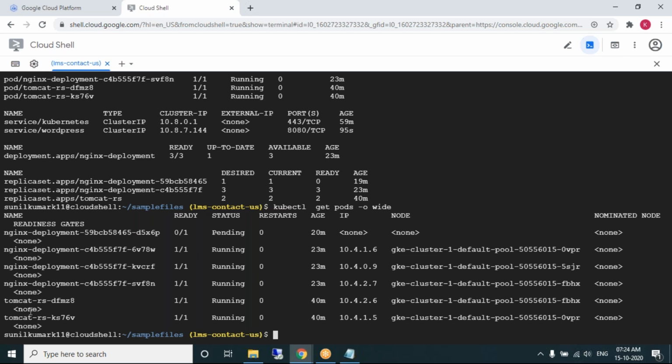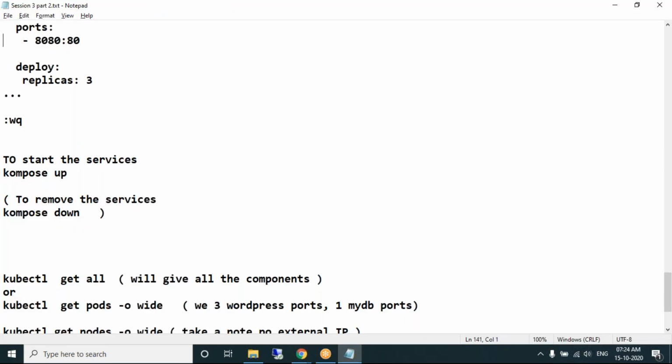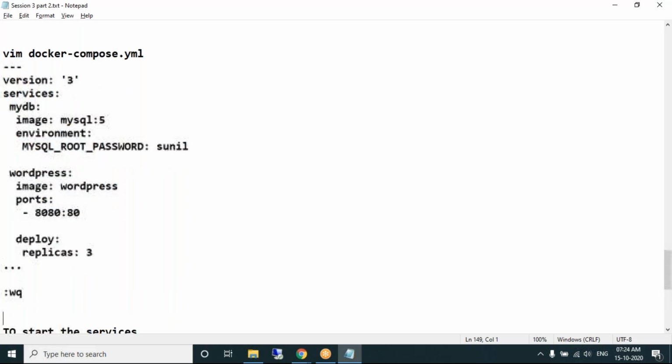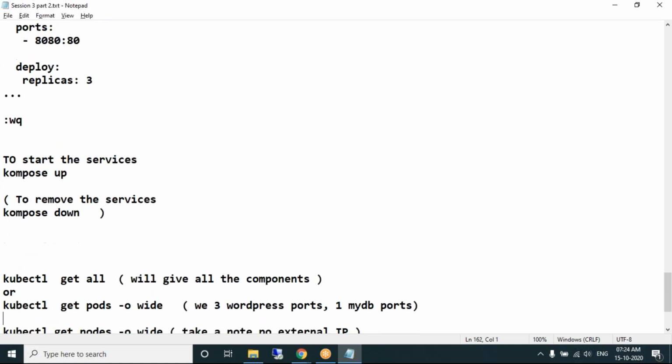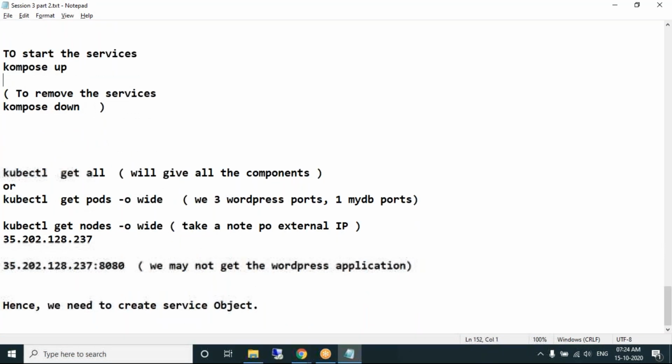Here in Linux, Tomcat is not working. So this is not successfully created. It should run successfully. I'm not sure.